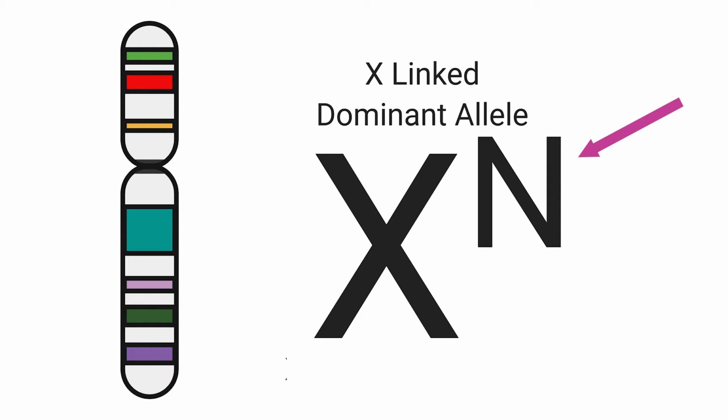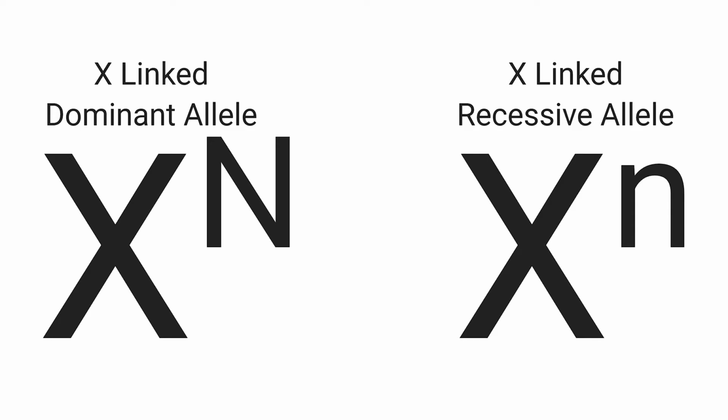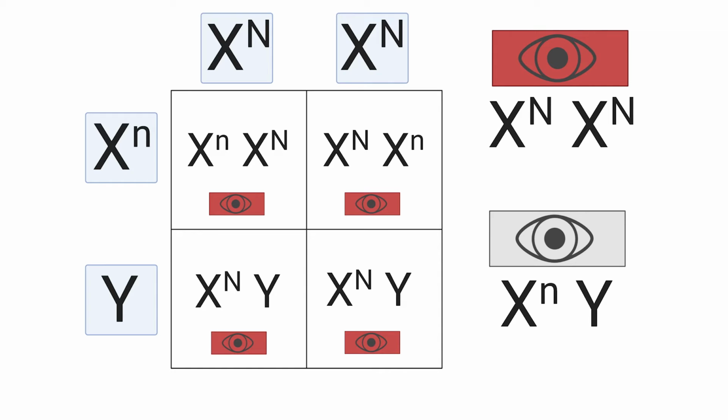We can designate genes that are X-linked by using this superscript. Capital superscript means dominant and lowercase means recessive, as we have done before. We can make Punnett squares for X-linked genes just as for any other gene. In this example, N is a gene that helps develop the ability to see color, and the recessive allele leads to color blindness. The Punnett square looks like this for a homozygous dominant XX organism and a recessive allele in